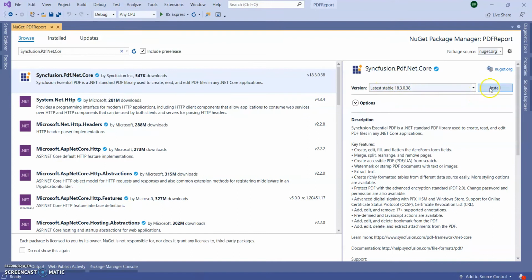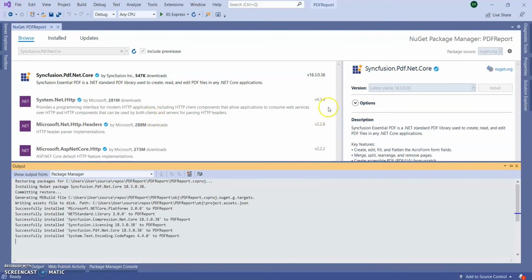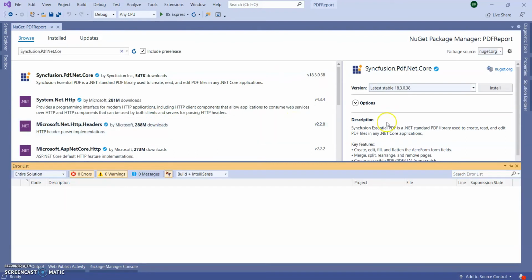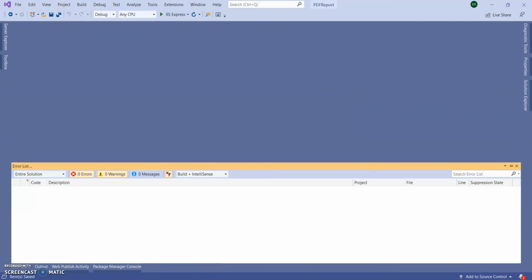Install the latest stable version, click on install. It will take a few seconds to install this NuGet package inside our application. Okay, save the project, close this NuGet package window.